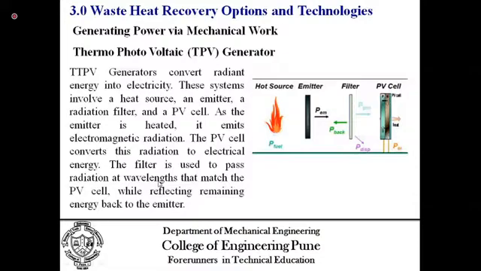And you must have noticed that I have not paid much attention to the conventional heat exchangers which are used for heat recovery. Yes, there are radiators used for heat recovery. There are shell and tube type heat exchangers used for heat recovery. Condensers are used for waste heat recovery. There are plate fin heat exchangers, plate type heat exchangers, and spiral heat exchangers. All these conventional heat exchangers are used.